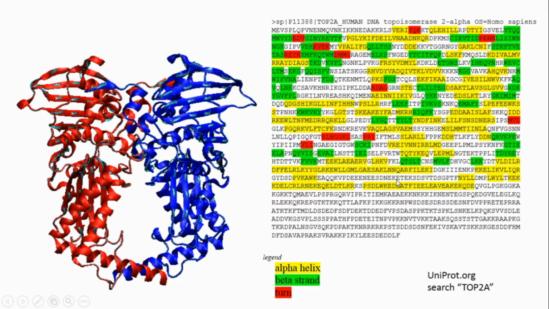I had a little bit of a button problem there. One can see the alpha helices here and the beta strands and then the turns. So for those with biochemistry backgrounds, they'll understand this. I got this data from the uniprot.org website, and this diagram is for an unpublished, still to be published, educational article I'm writing.